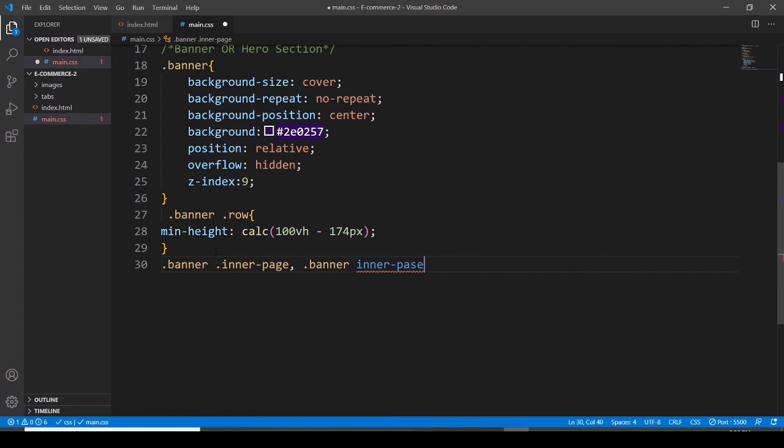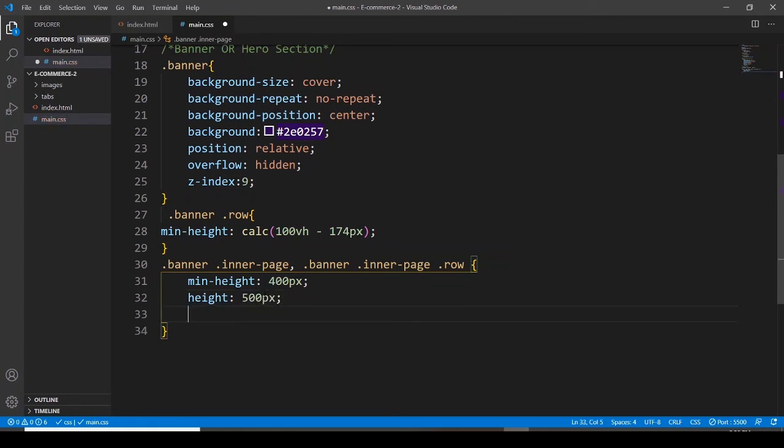Inner page, sorry, row, it's a class. We have used minimum height 400 pixels, and then height is going to be 500 pixels,